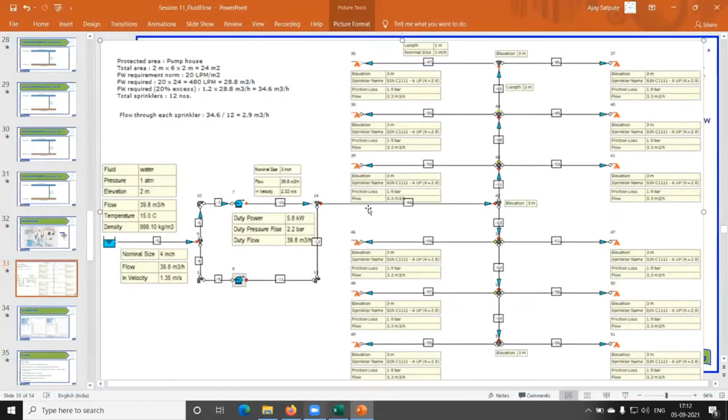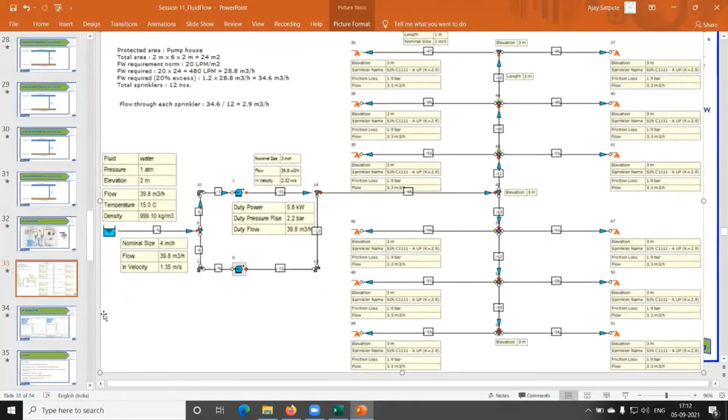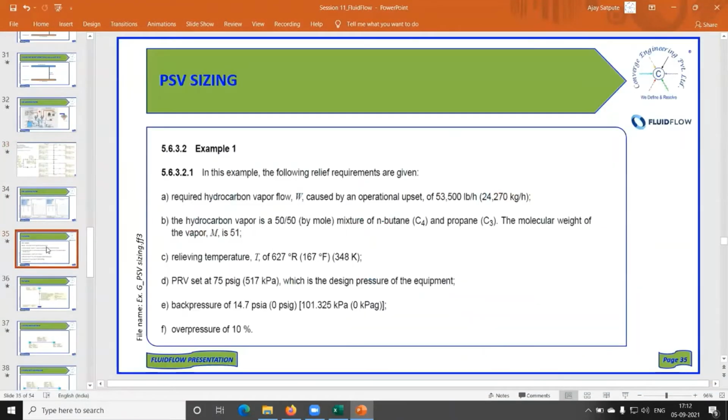We move to another example, that is PSV sizing. If you remember, we have solved this example in session number 2. Remember the mixture of N-butane and propane, relieving temperature 167 degrees C. PRV set pressure 75. And in the first example, the back pressure was 0 psig, meaning PSV outlet was open to atmosphere, and overpressure was